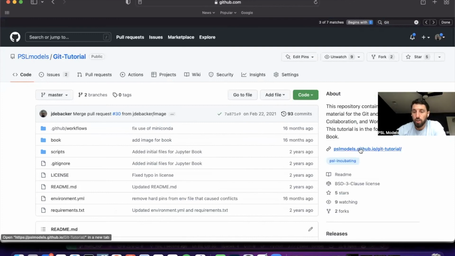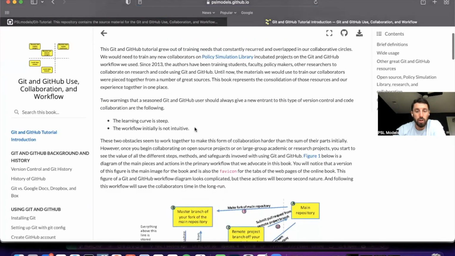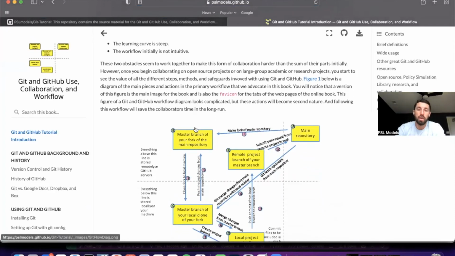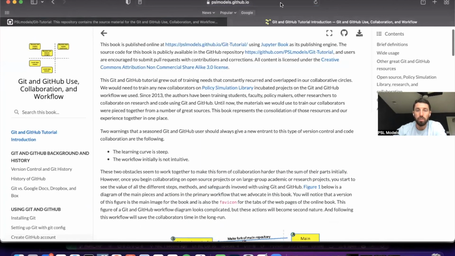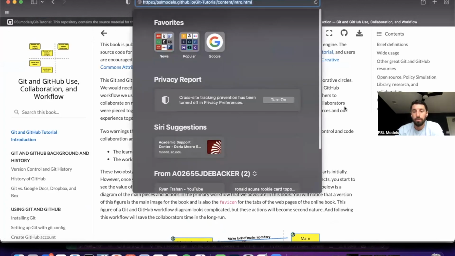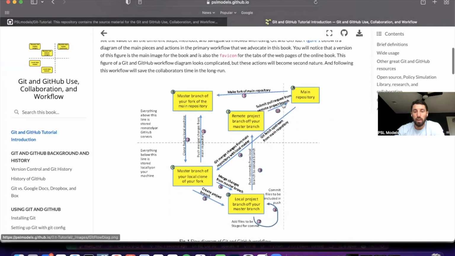All right, Git Tutorial is a tutorial on how to use GitHub, and it goes over some of what we've talked about today, as well as more detailed information about how to work with Git and GitHub. So this is a valuable resource. You can find that at pslmodels.github.io/git-tutorial. And there's a great visual here created by Rick Evans that helps you visualize what we've gone through today